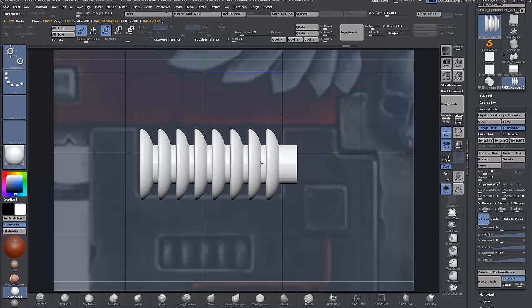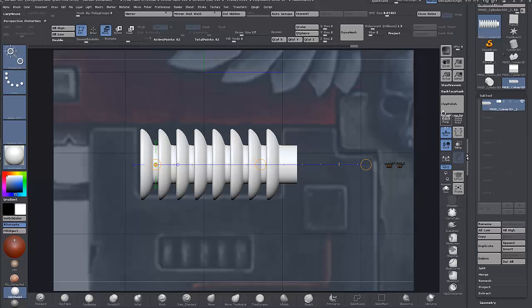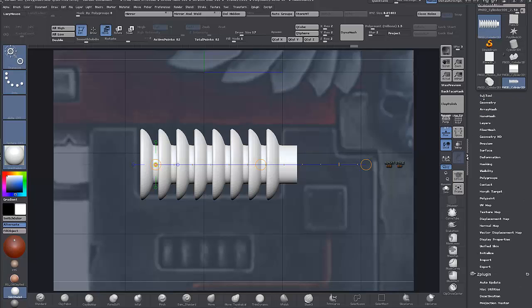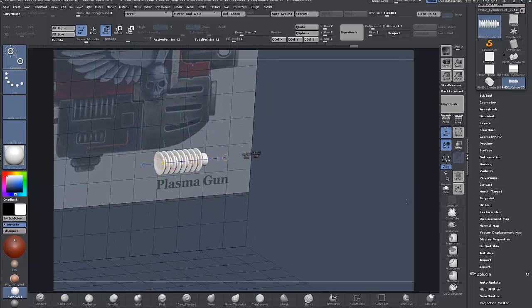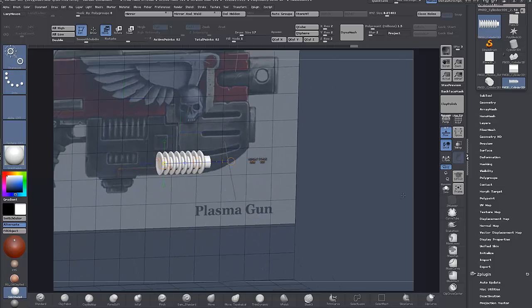So to there, and I think we might call that good. Let me see, is there anything else? Yeah, I think that might do us there. I'm just going to unsolo. Let me see. Oh yeah, sorry, this isn't a subtool there yet. So yeah, I think we'll go with that, and then we can always just